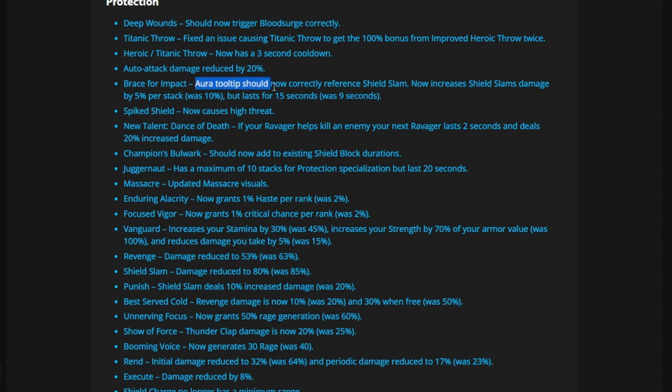Brace for Impact: the tooltip should now correctly reference Shield Slam. Now increases Shield Slam damage by 5% per stack, was 10%, but lasts for 15 seconds, was 9 seconds. So it's quite a bit longer buff, which is very nice, but it's 5% per stack, so obviously this won't stack as high. So we'll have to see if that's better than what is next to it with the Unnerving